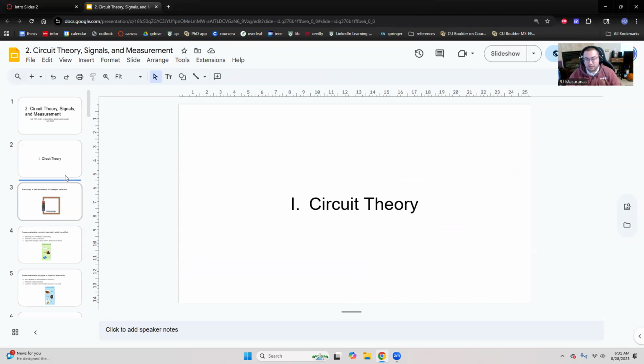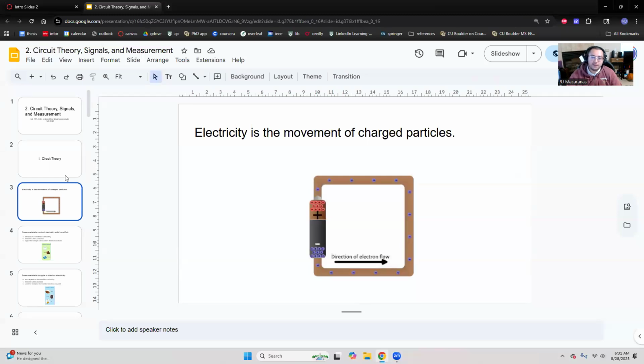So, first off, circuit theory. Electricity is the movement of charged particles. Here I've just got a battery connected to either end of its terminals, right? So we've got the top terminal where there's an accumulation of positive charge and a negative terminal where there's an accumulation of negative charge. And electrons will go from negative, right? Because they're negatively charged, so there's an accumulation of them there,